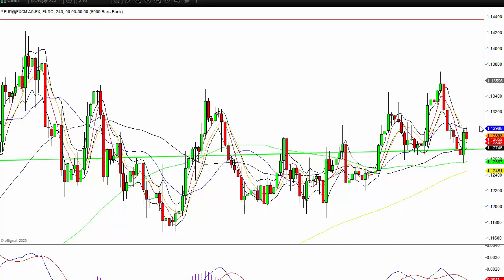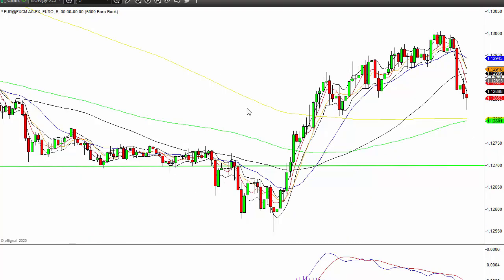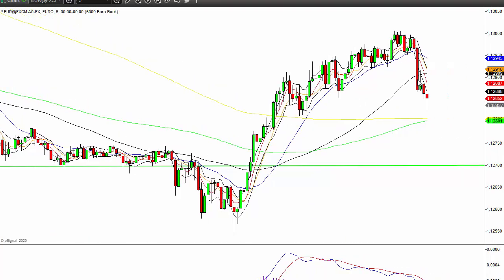If it turns back up after this, so if I go to like a 5-minute chart, here's our pullback that we're getting at the moment. If it turns back up again, then I can look to trade it with momentum. If it then does turn back up, I can still get a decent risk reward. I'm not going to get as good a price, but the risk reward will still be good because I'll be trading it based on the 5-minute charts